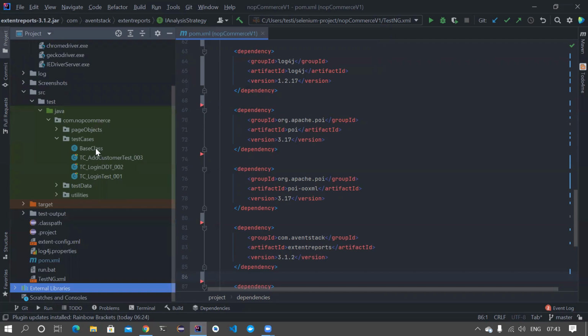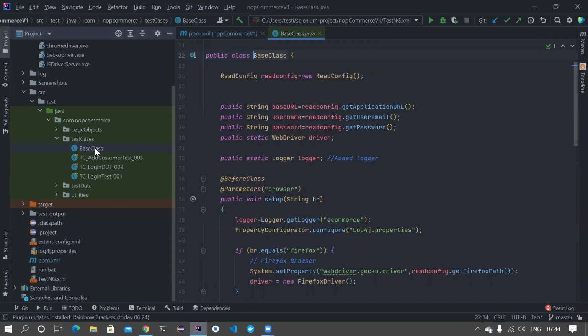But here, the base class is very wrong, guys. Many people use this. Don't use this. Please give a name like BaseTest at least. That's the least you could do. Please do it. If a developer or a newcomer comes and sees your code, he has to really understand what's going on, right? So let's go inside this.